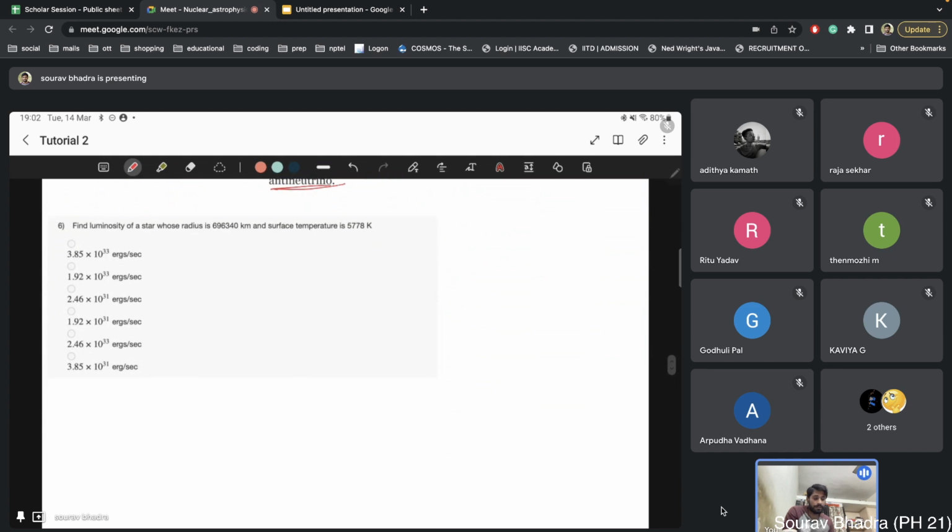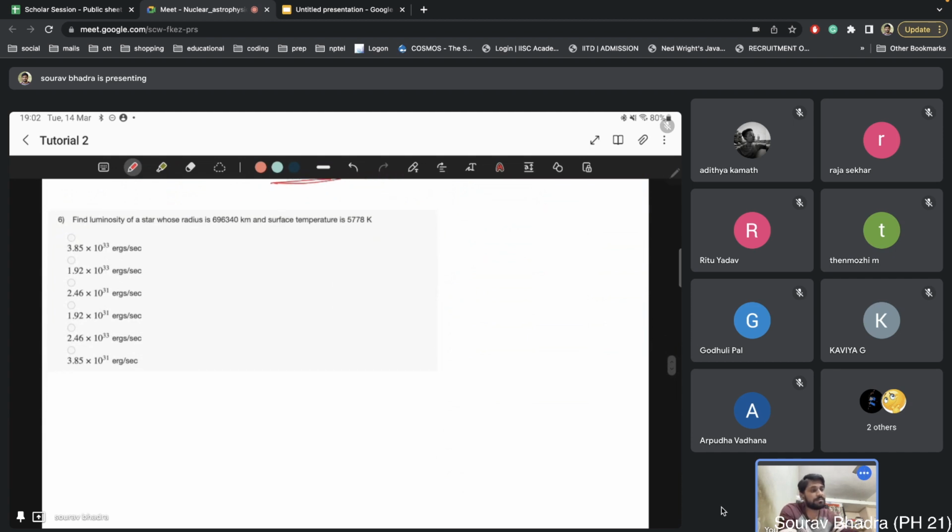Now 6, find the luminosity. This is very easy, I will just put the values. Many times I have told you that L is 4 pi R star square sigma T to the power 4. Here all the values are given. This is the R star value, it is the T value, and this sigma you already know. So that will be 4 pi